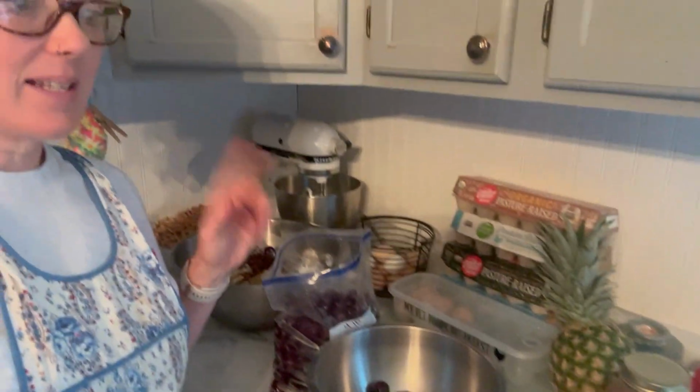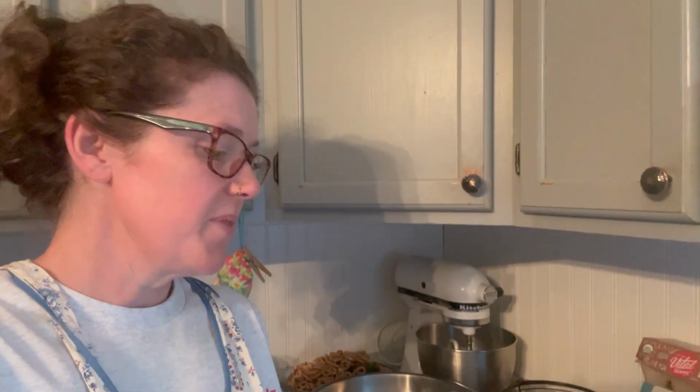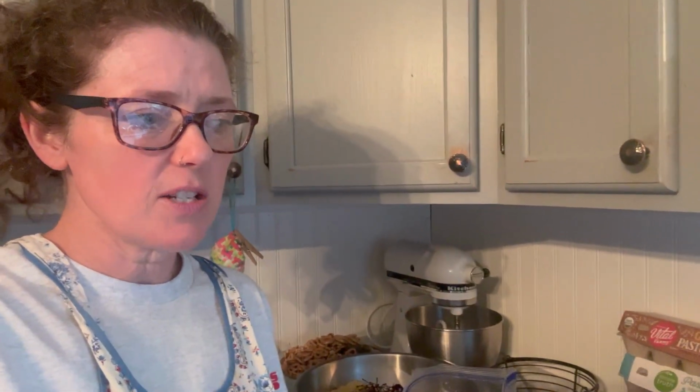I don't know what I was thinking because destemming and taking the pits out of these is a pain in the butt. Although I do have a little contraption that takes the pits out, so I don't have to cut them and pull them out or anything, but it's just time consuming, I guess. So I'm gonna do this part today, and then I probably will not actually get the canning done until tomorrow or even maybe tonight. We'll see how I feel whenever I get home,